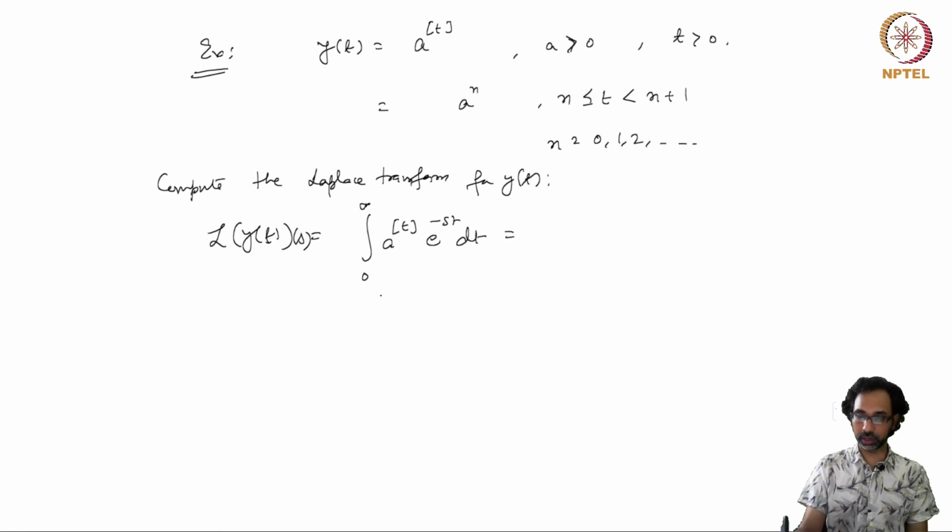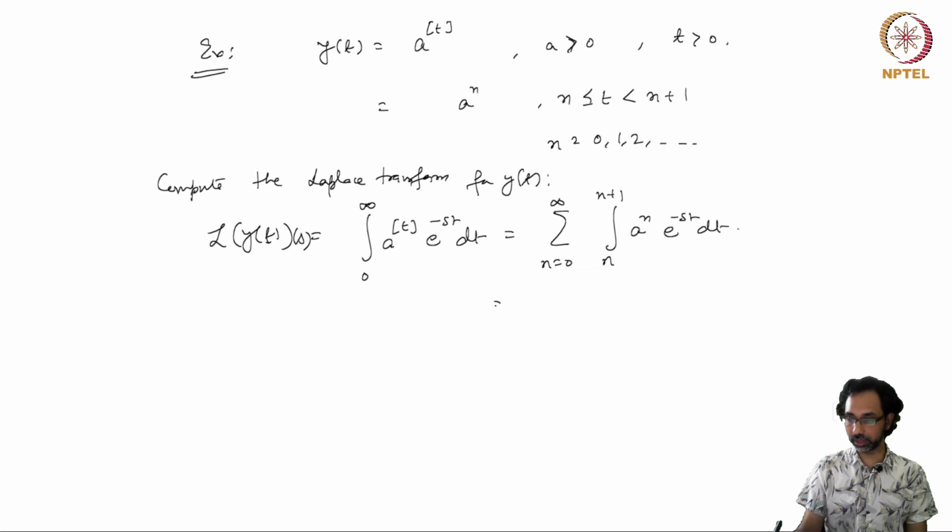And now we can break this interval 0 to infinity into many integrals of length 1. So this will be the sum n equal to 0 to infinity of the integral from n to n plus 1 of a to the power n e to the power minus st dt, and this is nothing but